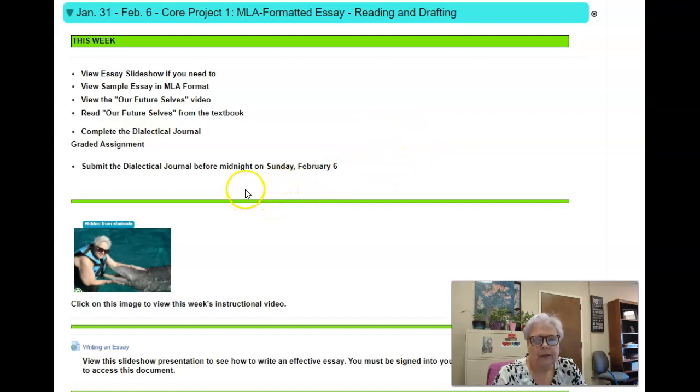What we're going to do now, we have looked at the paragraphs. You have written a few paragraphs, and we've been concentrating on getting the topic sentences done, so don't forget about that. We'll still do that. But we're going to branch out now. You've got the opportunity to do the business letter using the paragraphs with the topic sentences. But we're going to branch out now to the essay. And this essay will not be due until the end of February. So just remember, take it one step at a time.